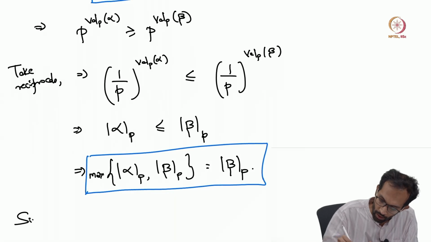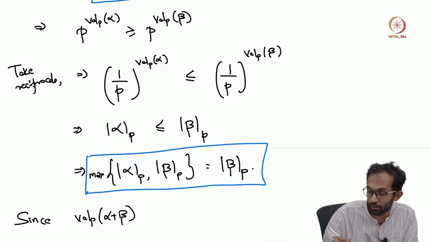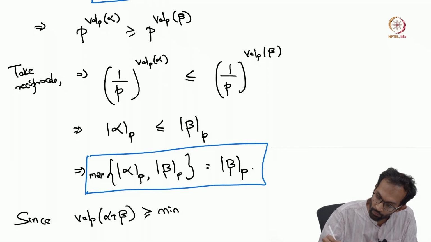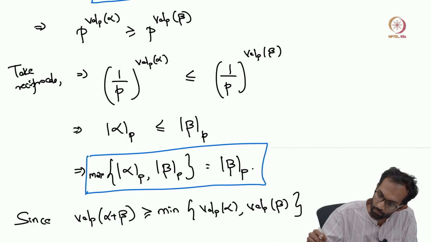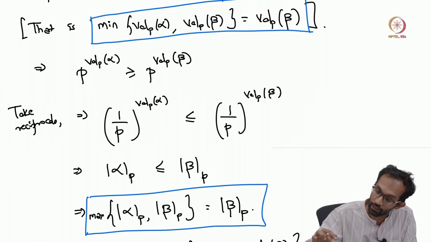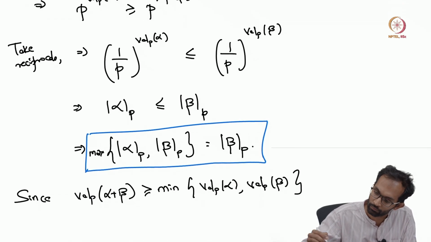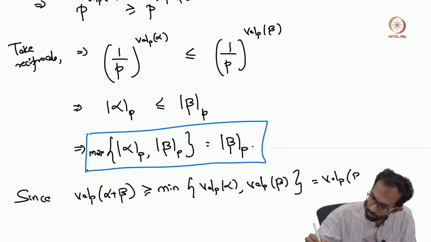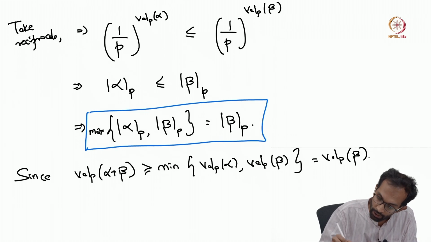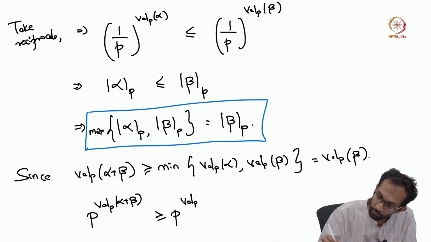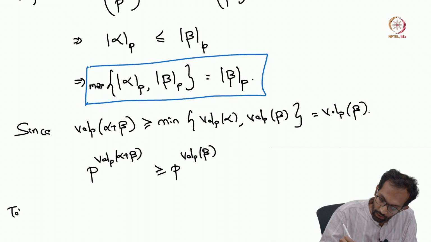if you use the property of valuations, you have that the p-adic valuation of the sum is larger than or equal to the minimum of the p-adic valuation of alpha and the p-adic valuation of beta. But by assumption, the minimum is given by the p-adic valuation of beta. And again, if you just take p powers, you get p raised to the p-adic valuation of alpha plus beta is larger than or equal to p raised to the p-adic valuation of beta. And once again, if you take reciprocals,